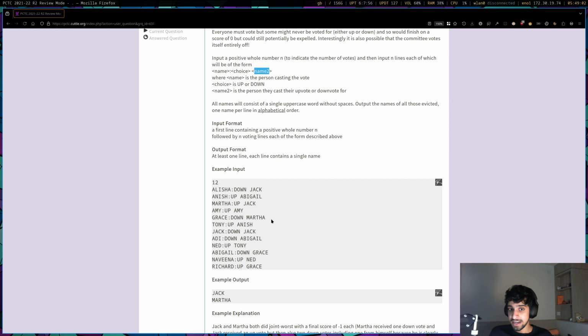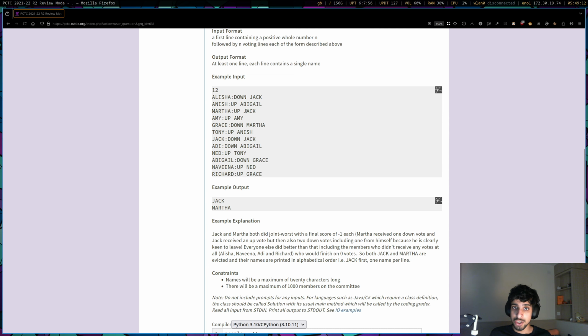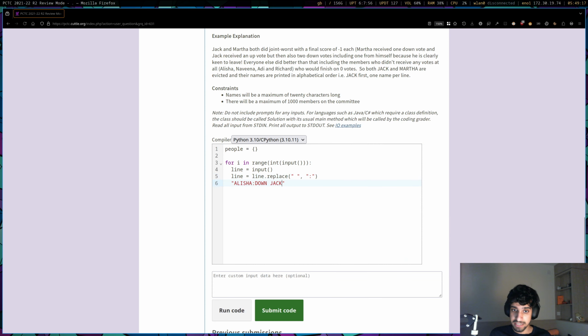And honestly, I would say the easiest way to do this is by using a neat trick, which is by, let's say, replacing the space by a colon. So we're replacing this space by a colon like this. And so this line, for example, instead of looking like this, it will now look like this. And this may now scream to you that this is really easy to process, because all we have to do is split on the colon. And so if we then do line.split(colon), we can assign name, choice, and name 2,